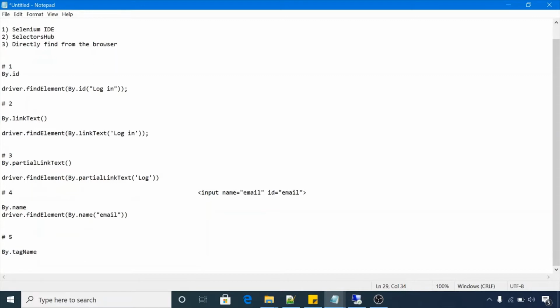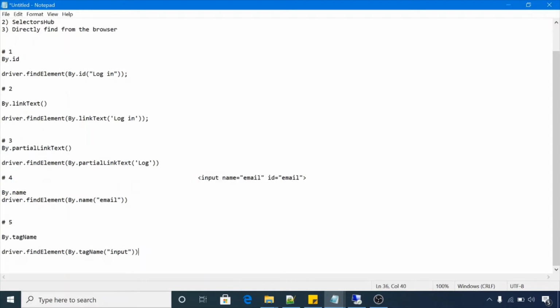And similarly, if we have to find this element using tag name, you have to pass this: driver.findElement(By.tagName), and here you have to pass the name of the tag, that is input.